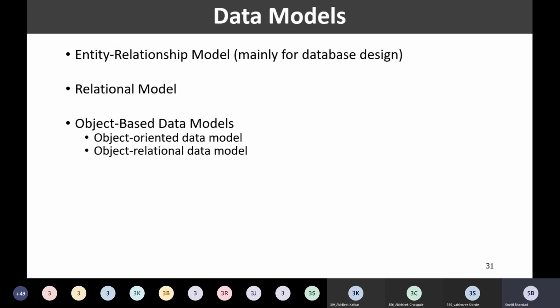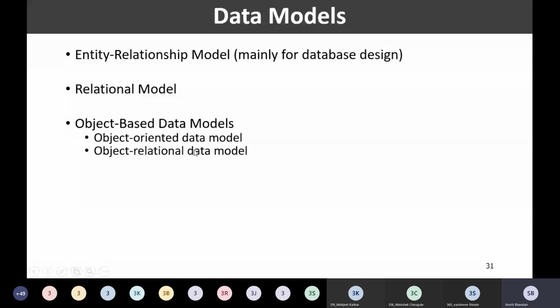And under this category, we have one more model, that is the object relational data model. So the object relational data model is actually the combination of the relational model and the object oriented concepts, right? So the object oriented data model is the combination of the ER model along with object oriented concepts, whereas the object relational data model is the combination of the relational model and the object oriented concepts, right?